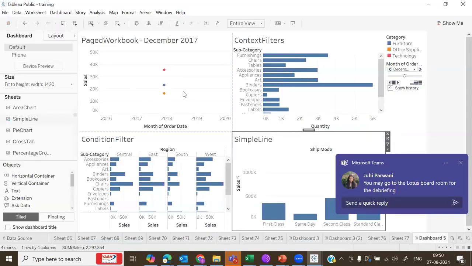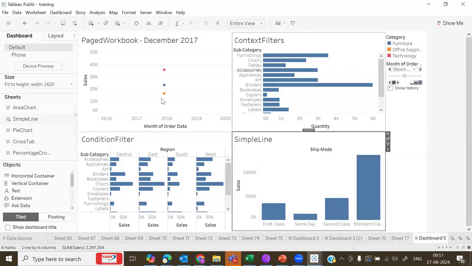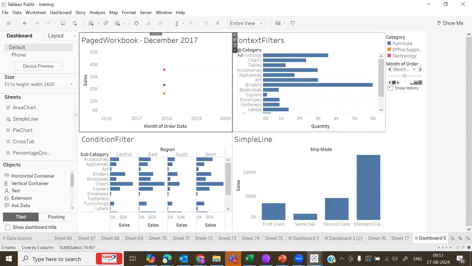But this is not as simple as this, just dragging and dropping will not serve your purpose. You have to come up with a complete story, how you want to stitch this particular dashboard together, how you want to show the charts, and all that particular story should appear in this particular dashboard. And then you can add global filters on top of it, which you can use to control this particular dashboard. For example,